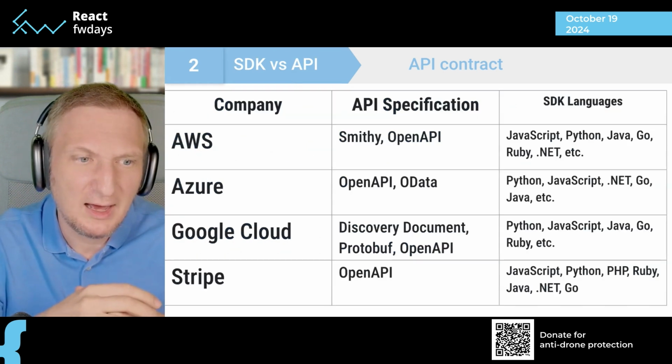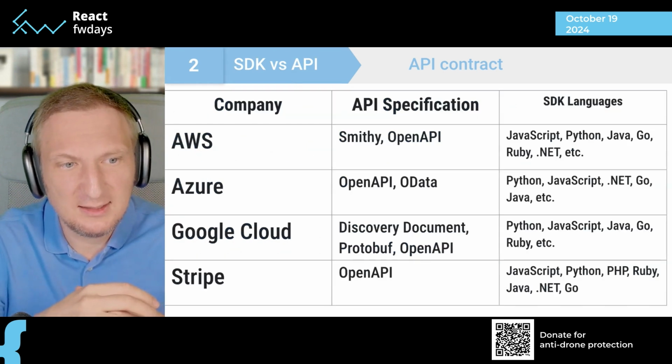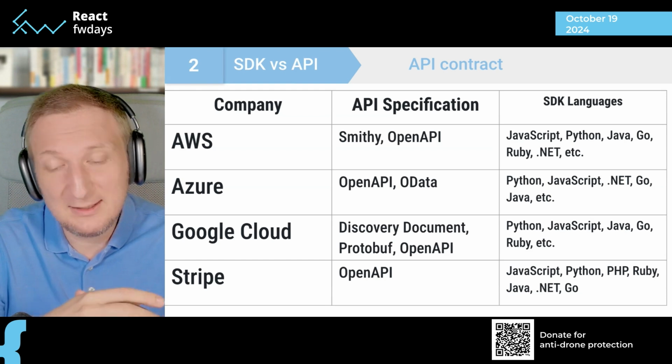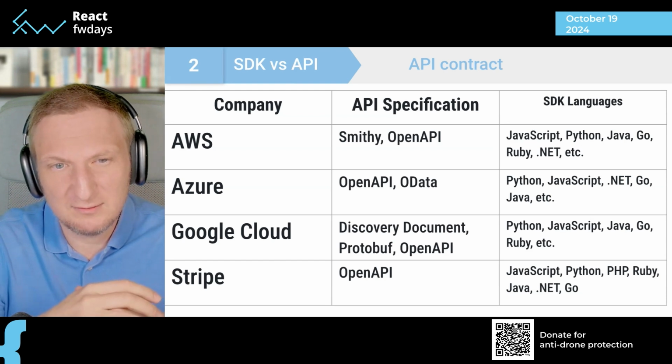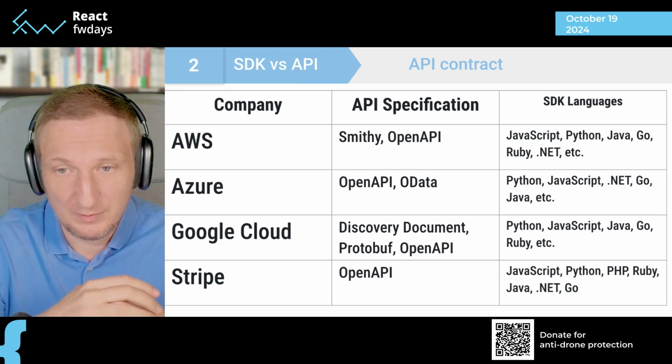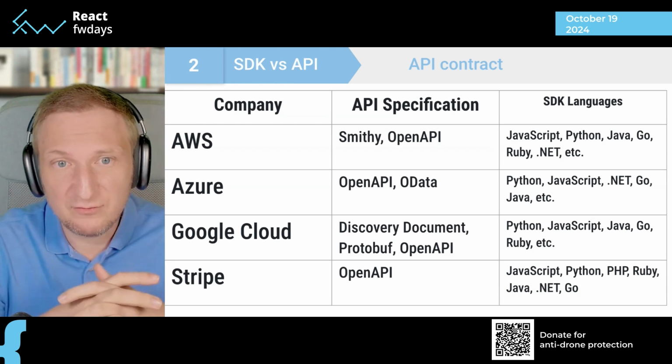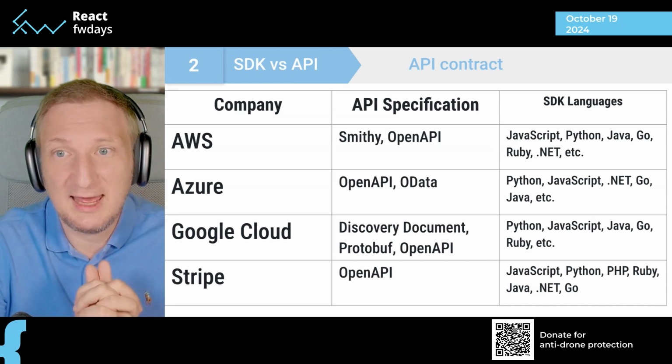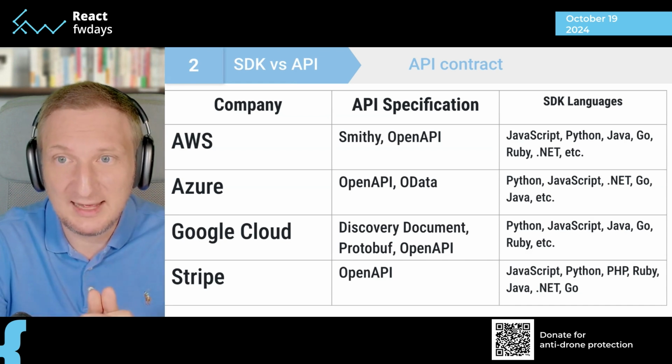I didn't add GitHub here, I think it's the biggest company that provides its API as GraphQL. But anyway, we have an API specification, and because of that, we can have